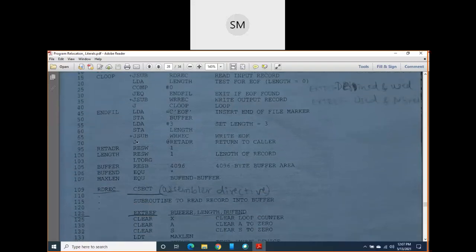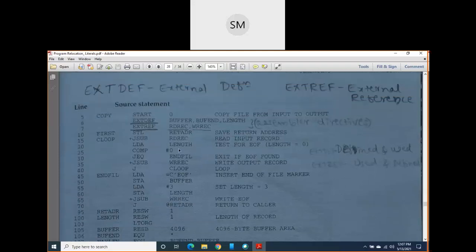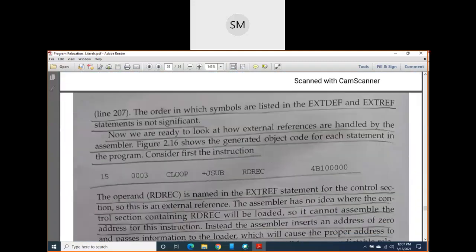We are using read record in line number 15, you can observe here, plus J sub read record, and write record I am using in line number 65. Is it clear now? So these are the two assembler directives, external reference and external definition.